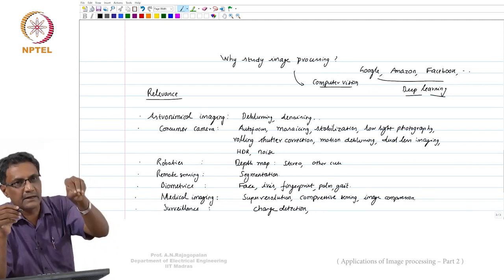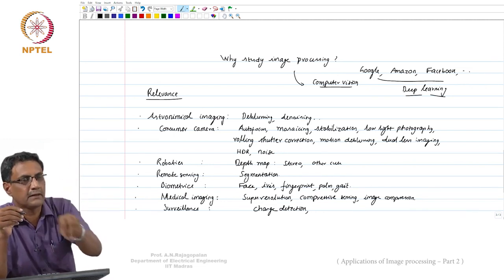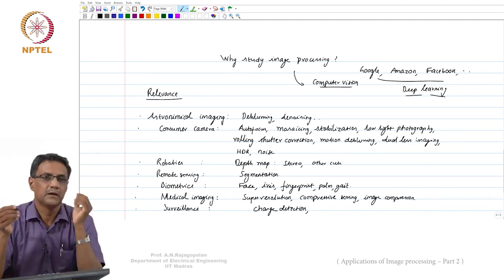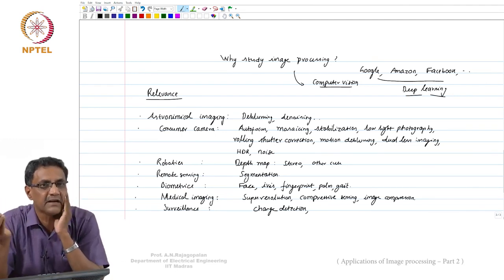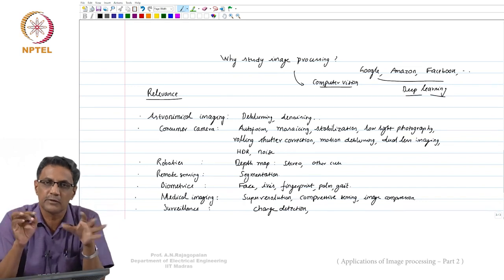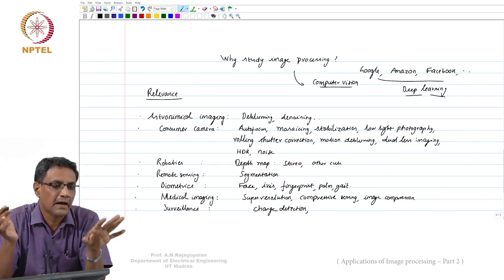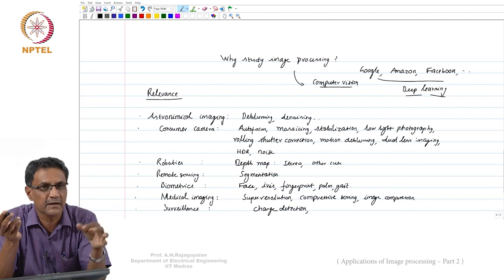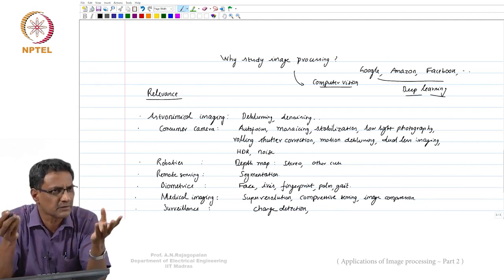I might have taken a classroom image today, and then tomorrow I come back, I may take it from here. So in such cases, you want to know what is the real change. You can't directly subtract the images because the viewpoint is not the same. And you want to know exactly has something changed. And this is all very important for, let's say, war times and so on.